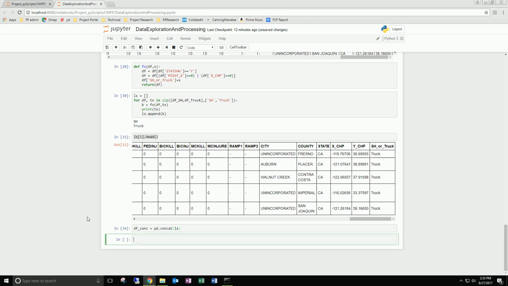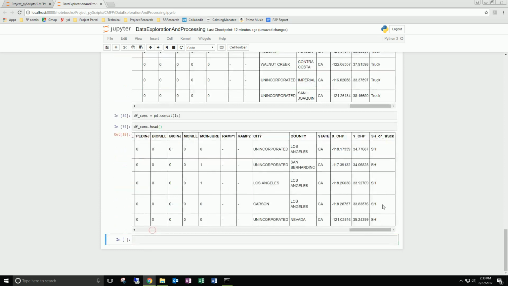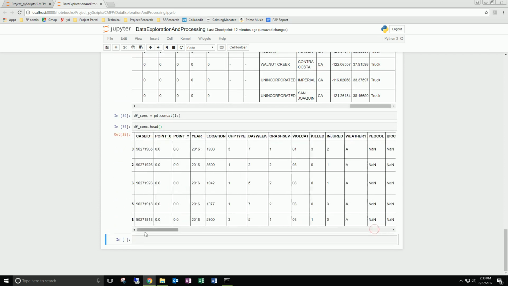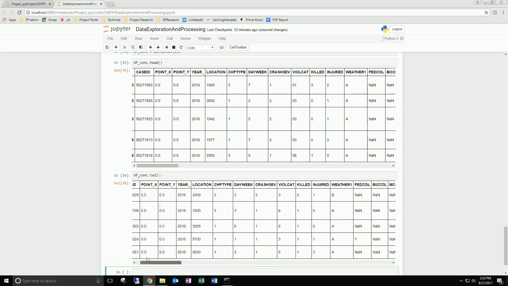So I have a list of two things. First, we have the information from the SH, and secondly, we have the information from the truck. Now, let's create a new data frame to